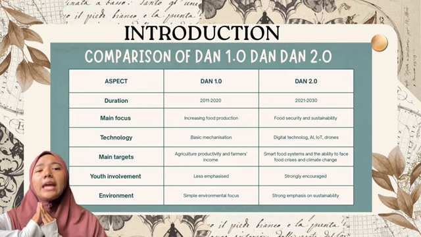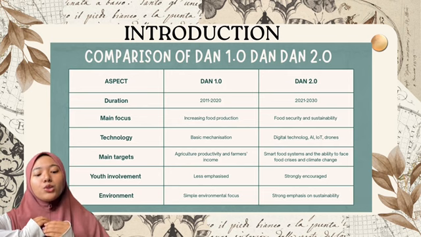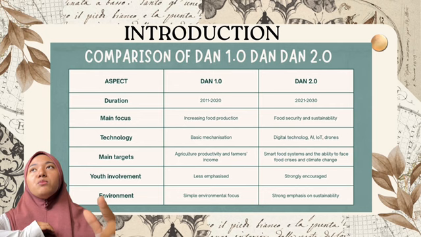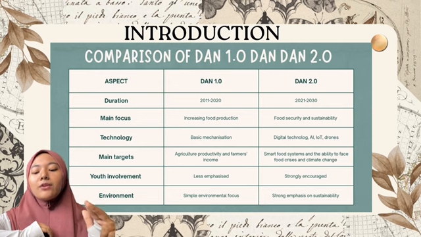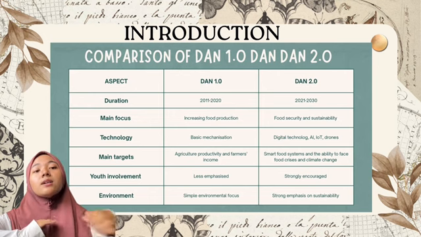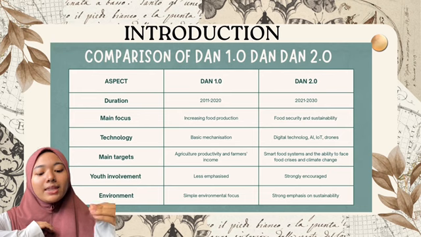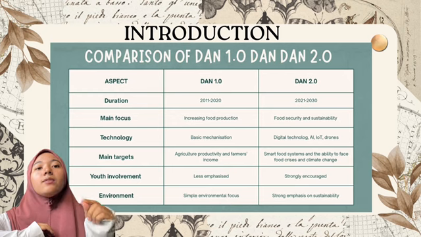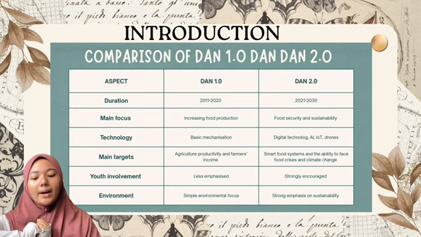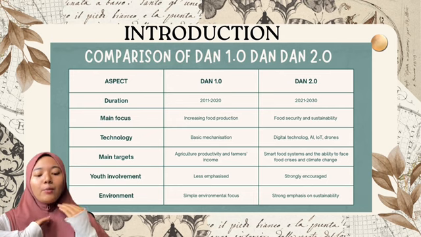Under the NAP 2.0, the government promotes the use of modern technology such as artificial intelligence, which is AI, drones, automation, smart farming systems and the Internet of Things, which is IoT. This policy also encourages environmentally friendly farming practices to protect the natural resources for the future generation. Furthermore, the NAP 2.0 will strongly support young involvement and agripreneurship by encouraging young people to participate in modern